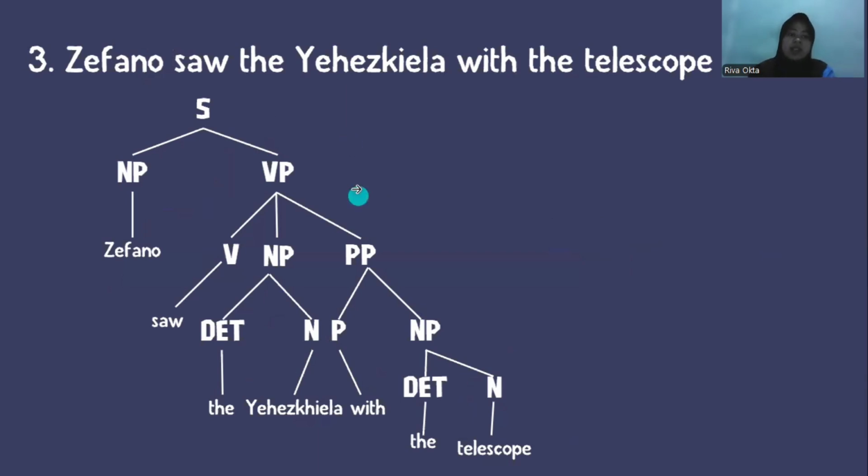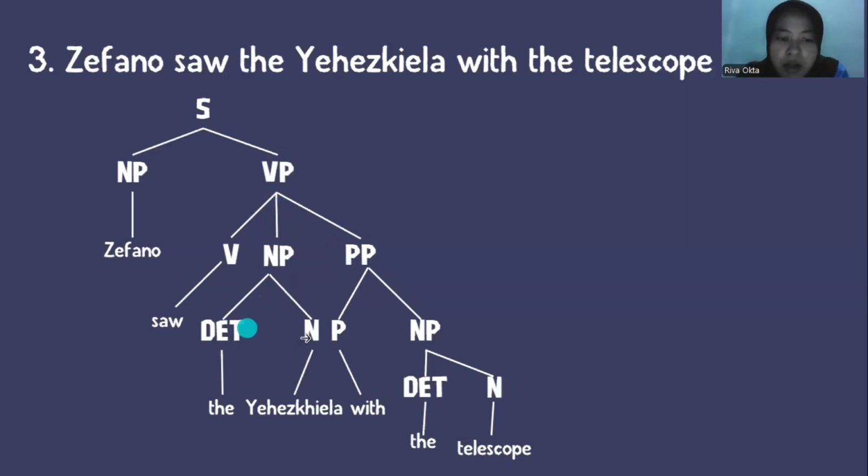The third sentence: Stefano saw the girl with the telescope. The sentence is divided into noun phrase and verb phrase. The noun phrase is Stefano. The verb phrase is divided into verb, noun phrase, and prepositional phrase. "Saw" from this sentence is the verb. The noun phrase is divided into